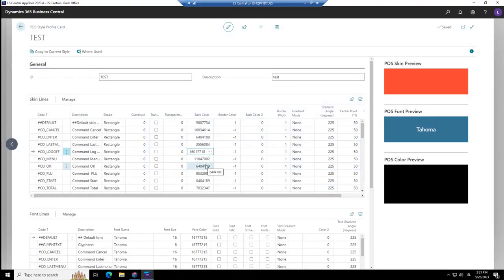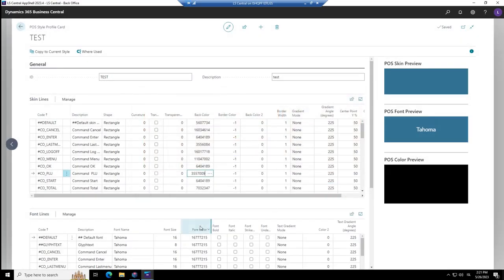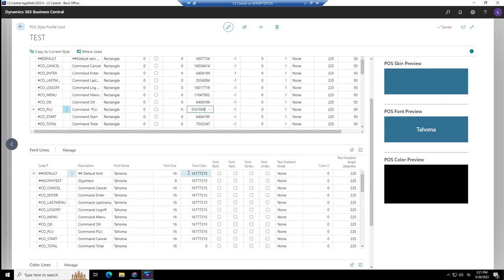You can do command plus to something different. Not well, maybe something brownish, yes, fine. And etc. You can do the same with the fonts.